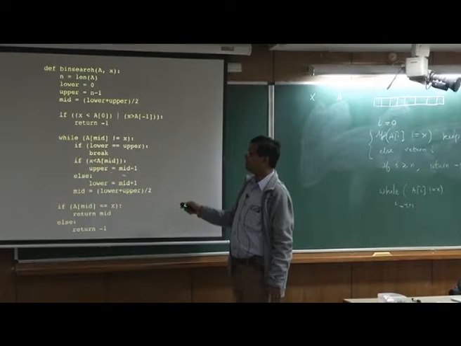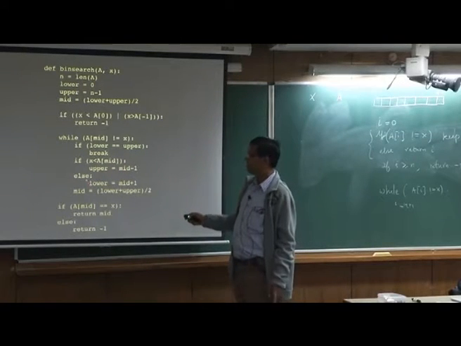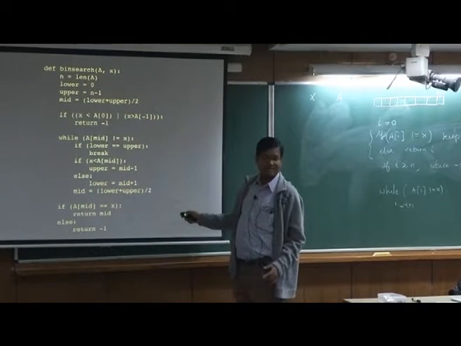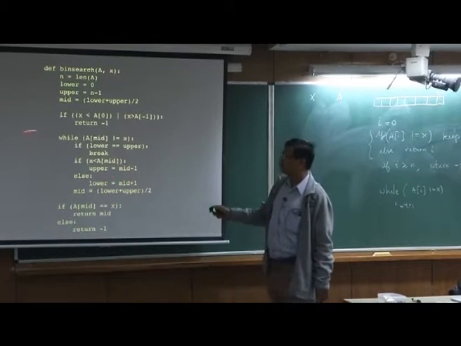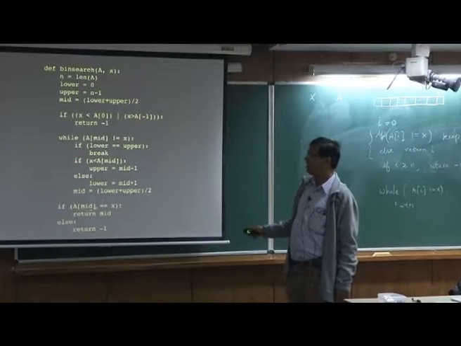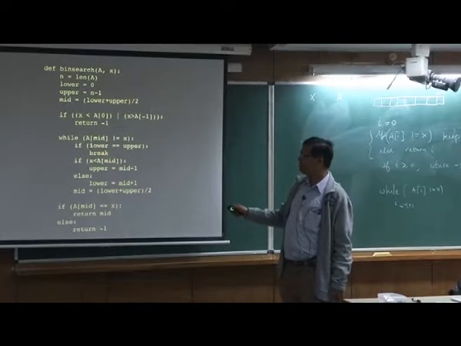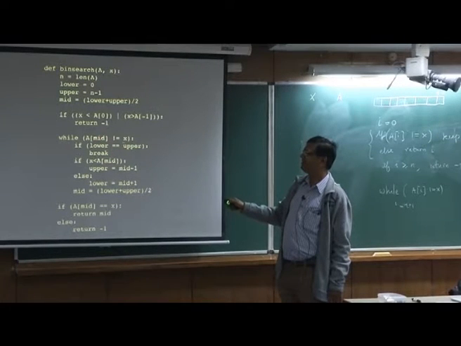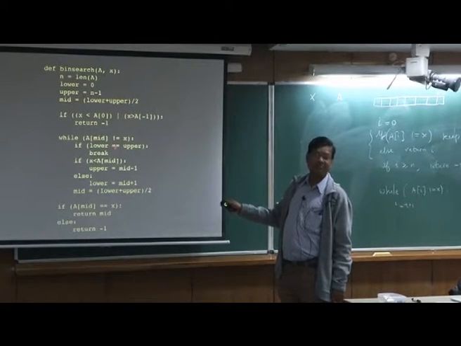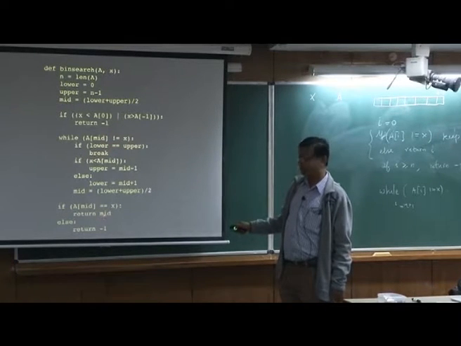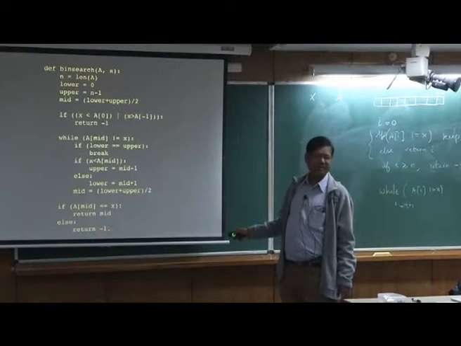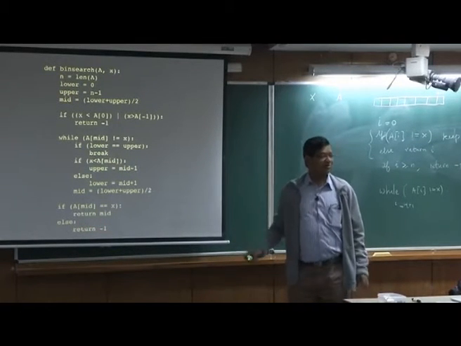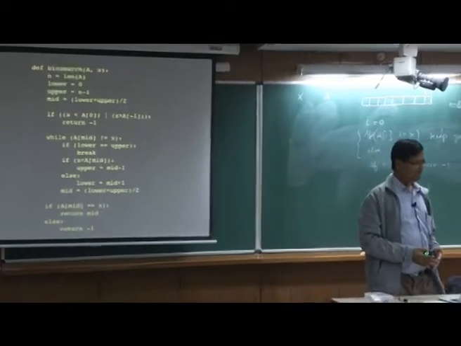If it is less than the mid, then you go to the left; greater than the mid, then you go to the right. So these are variables which will tell you what it means, and you keep doing the loop. Now when you get out, it could be this scenario, or it could be because it was equal. If equal, then I say give me the index of the mid. If it is not equal, then I return -1.